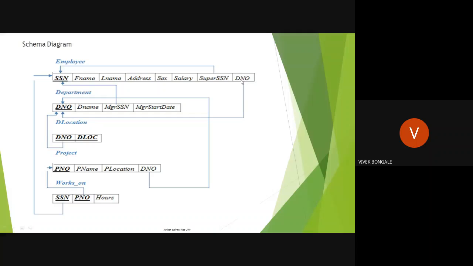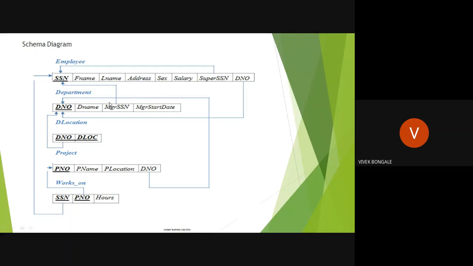But here the question is what? I have no need of joining these two tables. I want to compare this SSN with SSN, whether he is a manager or not, and that SSN's last name is Scott. Only these things I am keen to know. Here, for example, SSN is 0101. You're going to check whether last name is Scott or not. That information I will get from these two tables, employee and department. How will I get it? I'm going to compare the SSN number between the department table and the employee table.